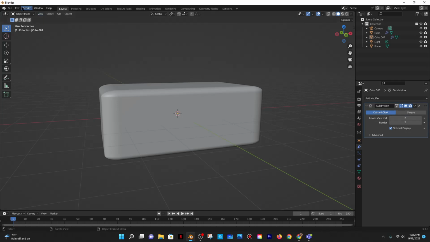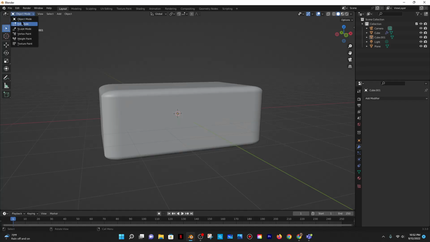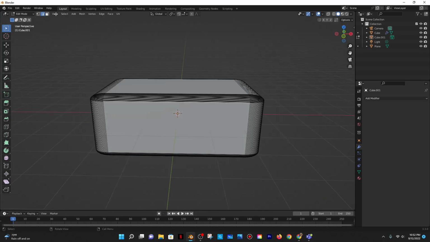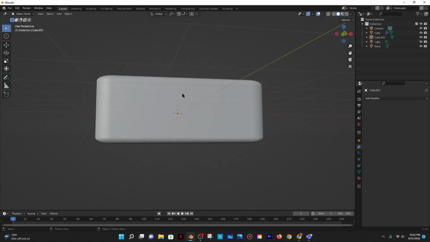All right, if I go into edit mode now, and I delete this, it's kind of still the same thing. Yeah, so I'm gonna get rid of the subdivision surface modifier, but what I would want to do is to kind of make an